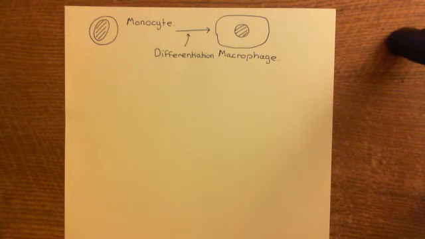So, basically what happens is the sentinel cells cause type 1 and type 2 activation of endothelial cells, and these lead to vasodilatation of the arterioles which lead to the affected area, which increases blood flow to that area, causing redness and also heat at the affected area, rubor and calor. Okay, and then what you also get is increased vascular permeability in the capillaries and post-capillary venules, which leads to fluid moving out of the bloodstream into the interstitial space, and this causes a swelling, and this is known as